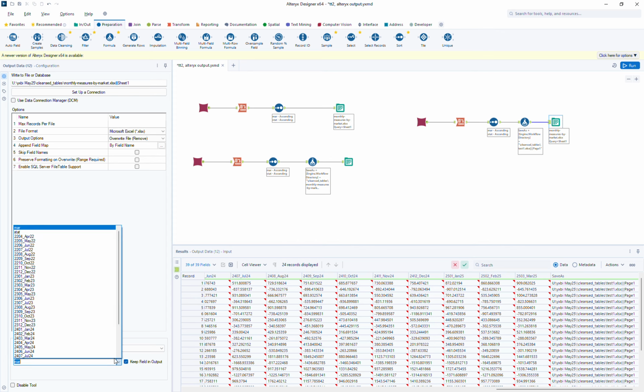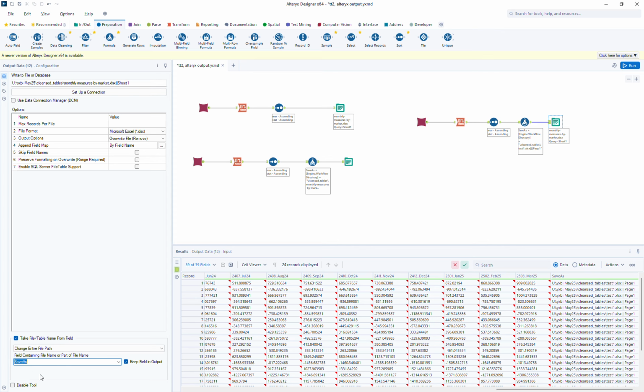Okay, let me change this one to save as first to make sure that this is correct. So this means that the entire part of the tool in the save as column here will be used